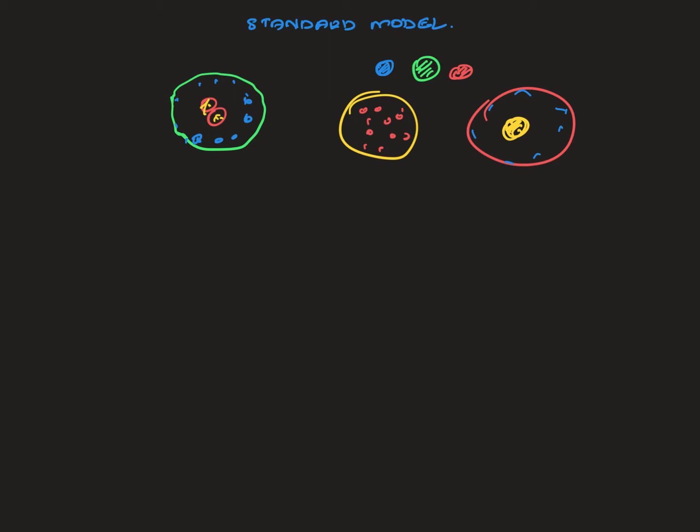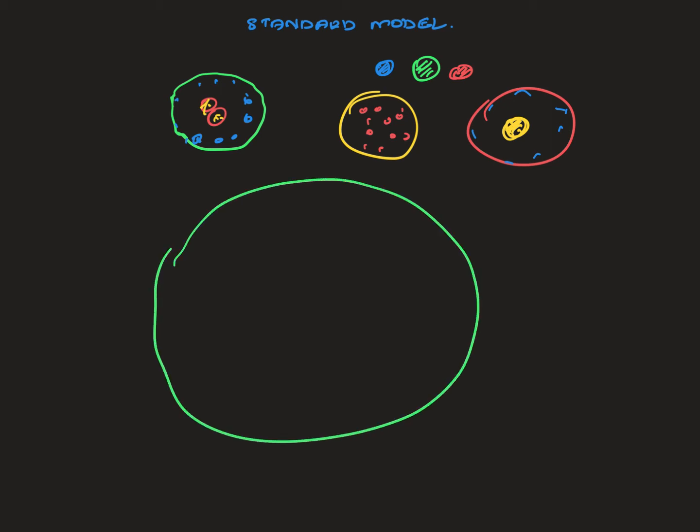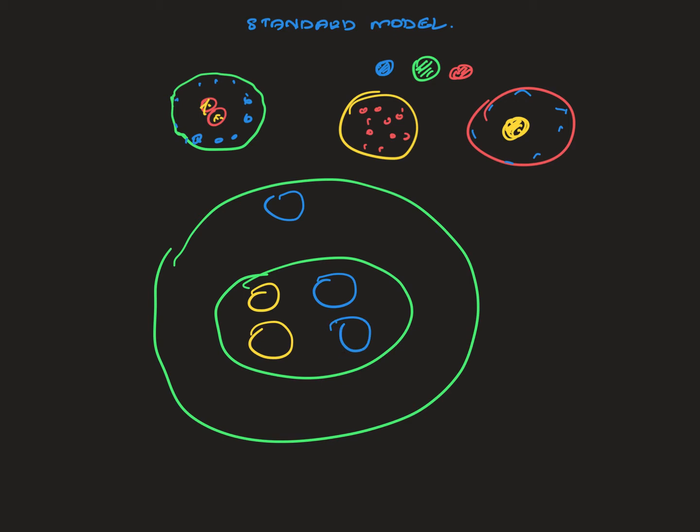So let's start with the original model, how primary school kids talk about this atom. They say that this is an atom, and there are electrons, and we have protons and neutrons in the middle. These are protons, and in a different color, neutrons. Let me label them: electrons, protons, and neutrons.